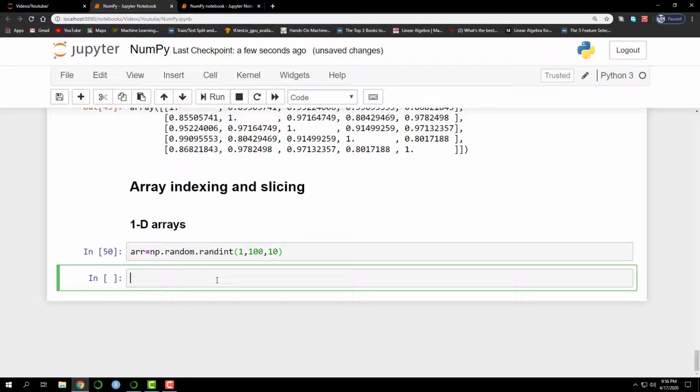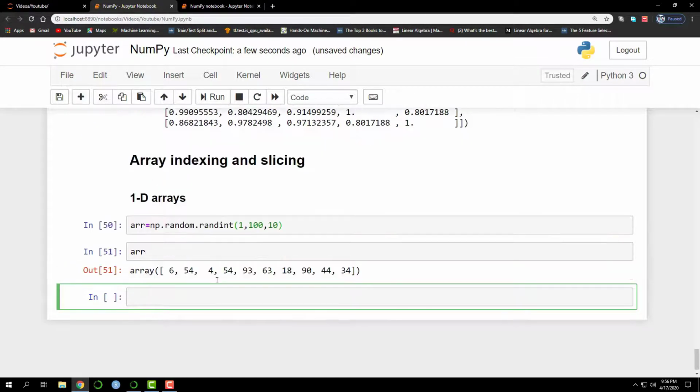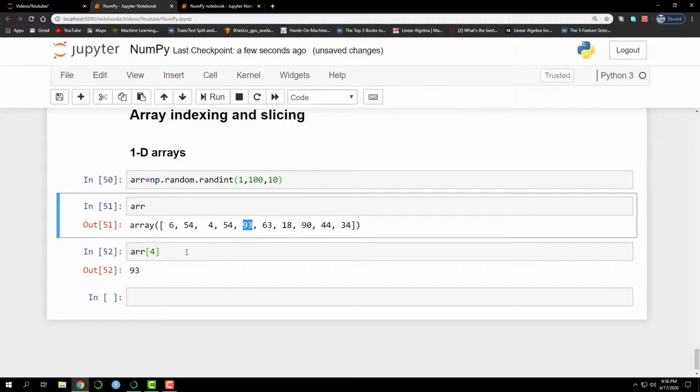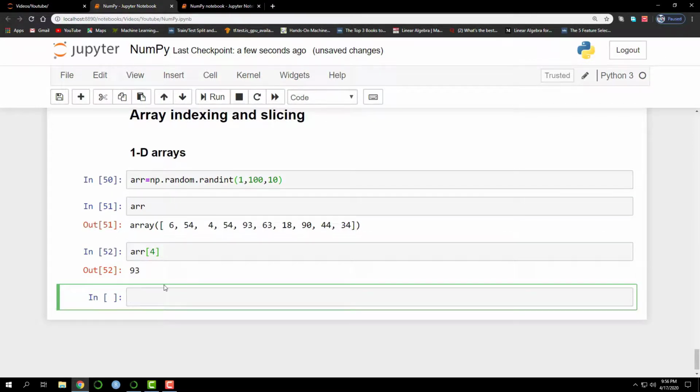The indexing and slicing of an array is the same as that of a Python list. It starts at 0. If I want to pick 93 from this array, I have to use array[4]. At index position 4, we have 93.